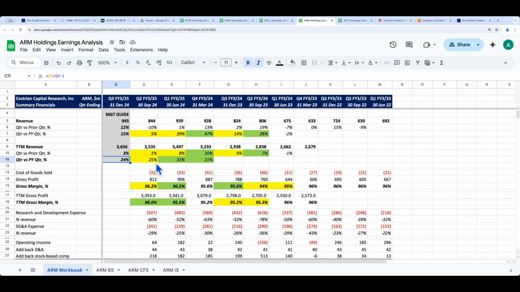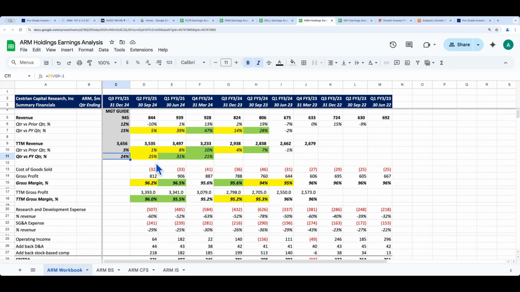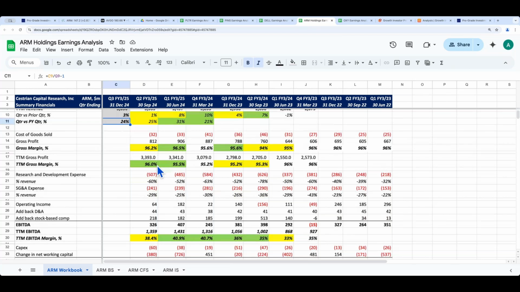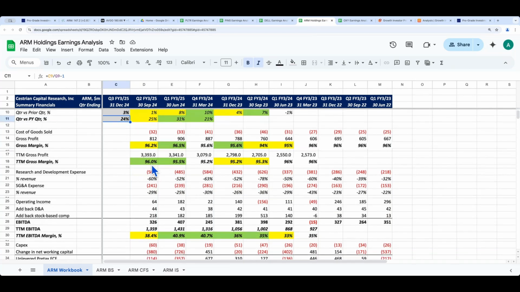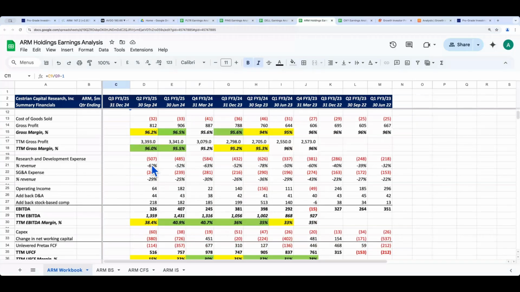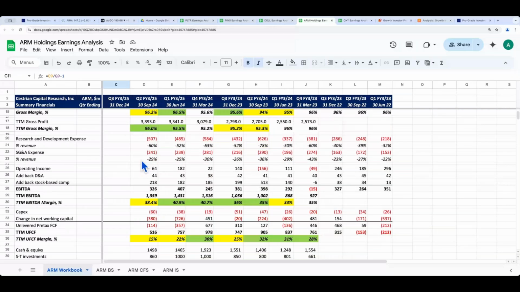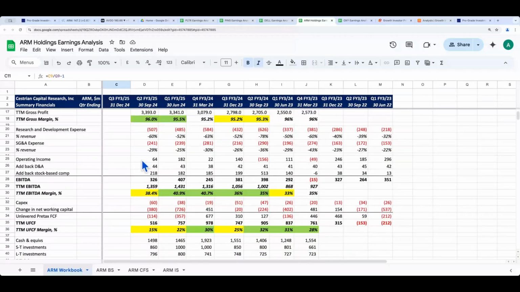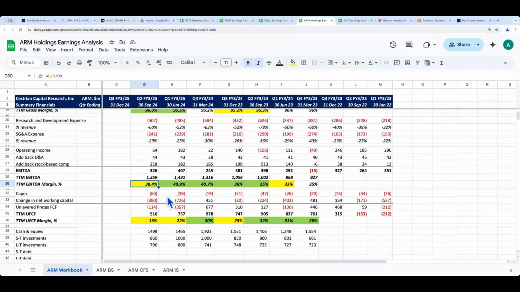Gross margins held up really well. If you think about what the company does, it doesn't have any inventory. There's no third-party payaway to speak of, so it's always going to have these huge gross margins. That's just a function of being a licensing business as opposed to a manufacturing or fabless business. If you look at EBITDA margins, then you can be forgiven for thinking this is a very cash generative business. So, 40-ish% EBITDA margins drop down to 38 on a TTM basis this quarter. You think that's really good. Unfortunately, it's not really turning into cash flow, which is kind of a strange one.